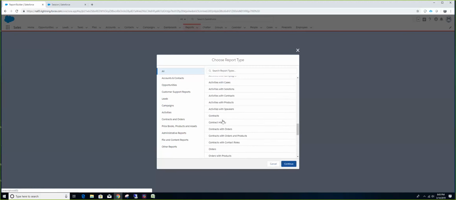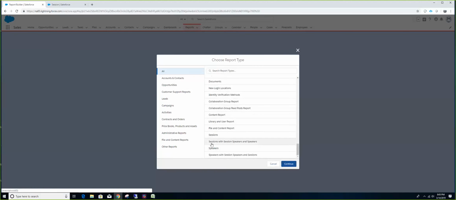For example, you see sessions, sessions with session speakers, and speakers with session speakers and sessions. Because there is a relationship between these three objects, automatically you have an independent report. If I choose sessions, you can only report on sessions. If you choose speakers, you can only report on the speaker object. But if I choose this one, you will be able to report on all three, with the data on all three there.